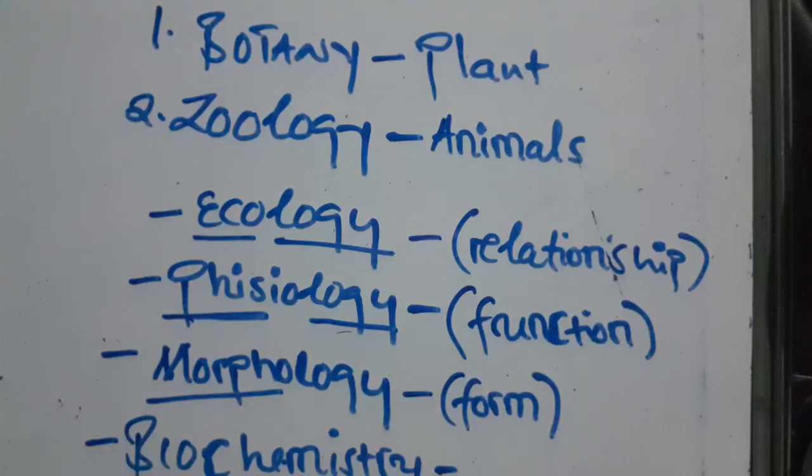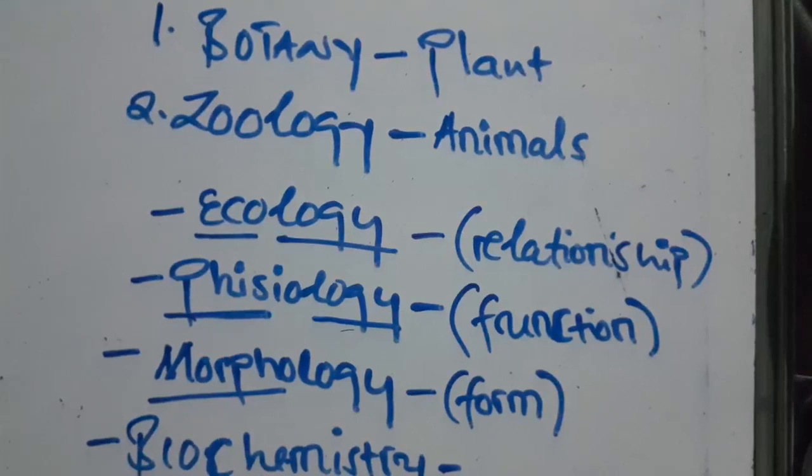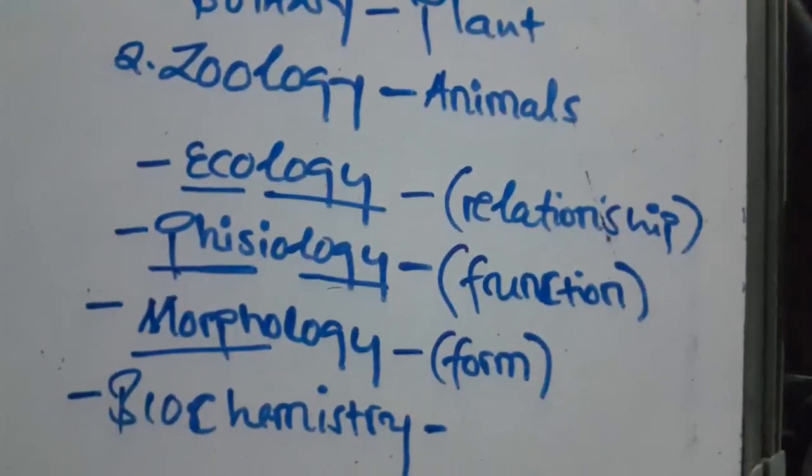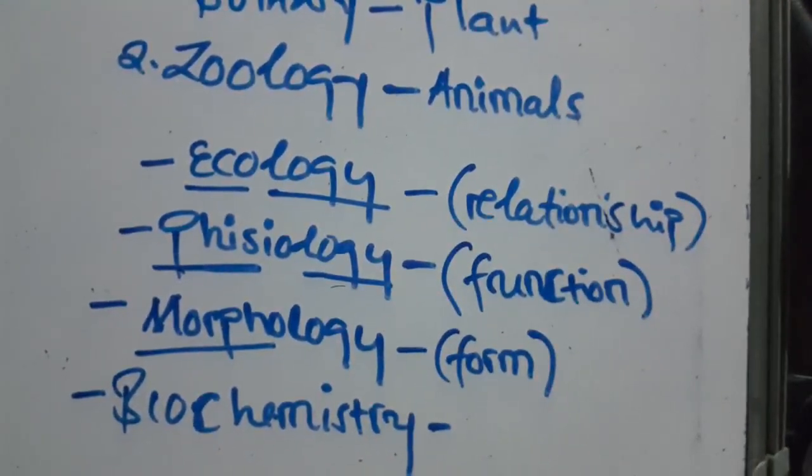So this branch of biology is a study of biological chemical reactions which take place inside of these living organisms. It is simply the study of all chemical reactions that take place in animals as well as in plants. That study is what is called